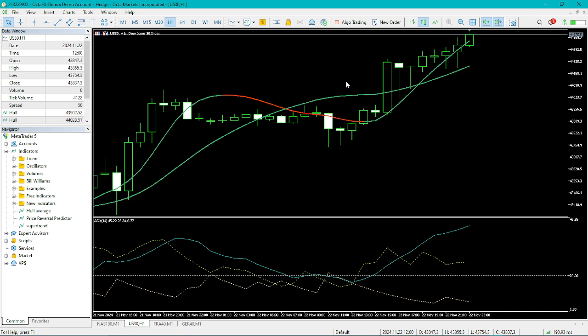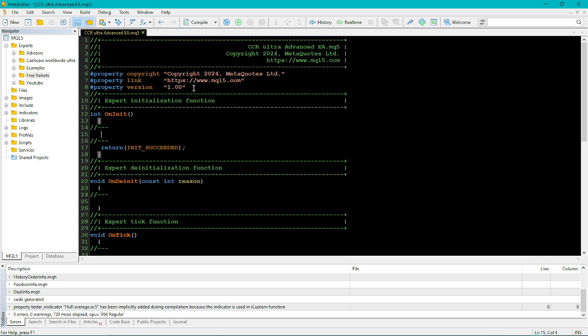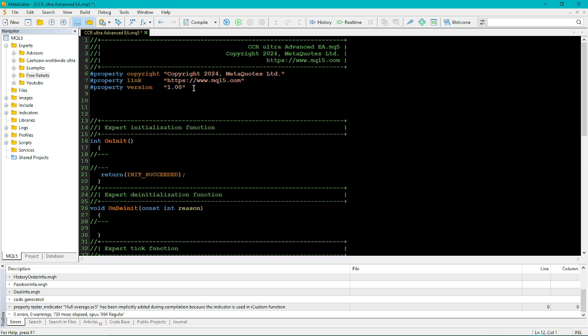Obviously, we will need to call all these indicators into our trading robot. For us to do that, first things first, up here I'll need to include a file, so that we are able to open trades and get information from our open positions. So what I need to do for now is to type include,